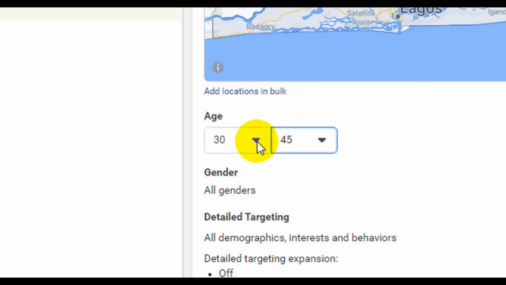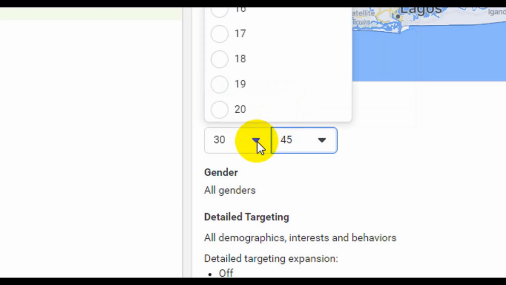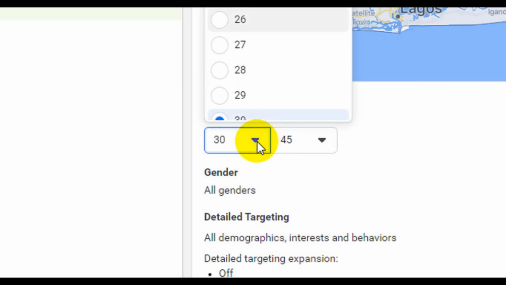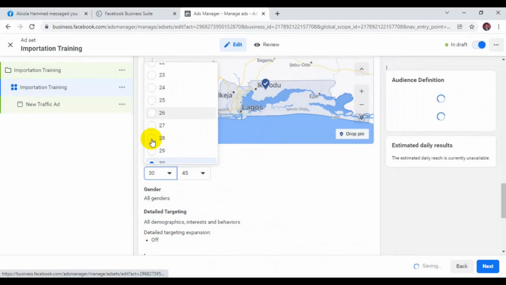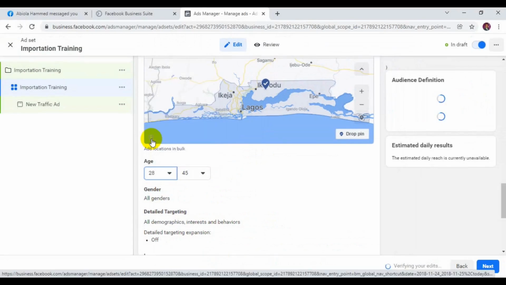Okay, so I can reconsider from 28, let's see, so from 28 to 45. This is based on my audience insights. So from 28 to 45, these are the people I need to see this advert. So people within this range of age are the ones that are going to see the adverts, and the people that live in Lagos State. Okay. Now,